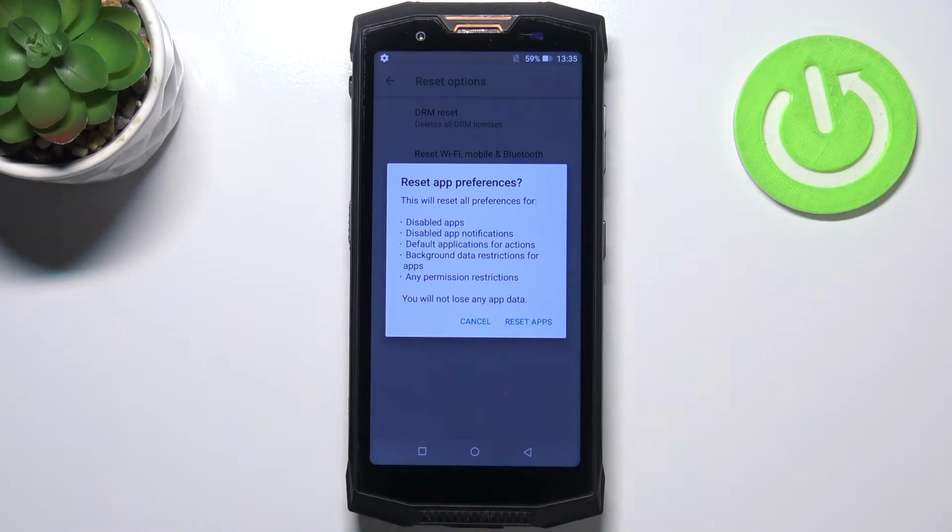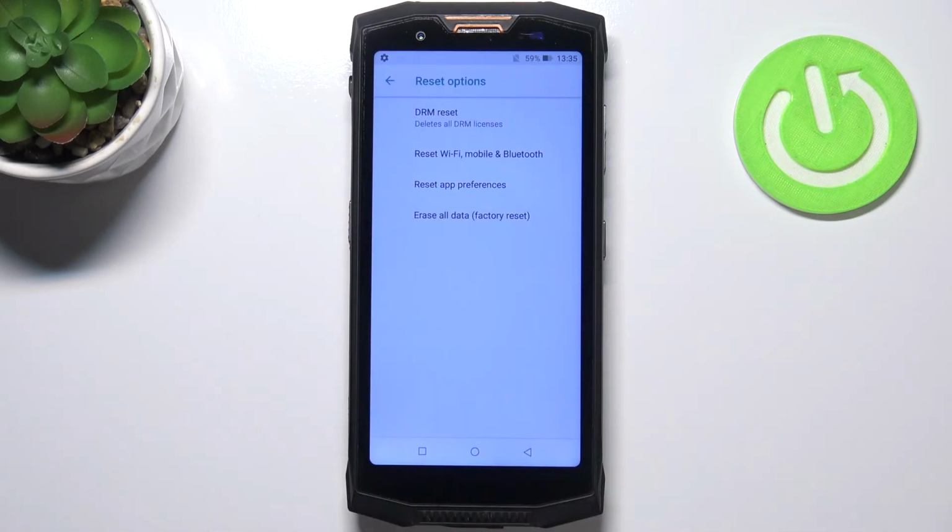preferences for disabled apps, disabled app notifications, default applications for actions, background data restrictions for apps, and any permission restrictions. What's more, no worries, you won't lose any app data, so simply tap on reset apps. And actually we did not receive any information, but trust me, we just successfully reset up preferences in this DOOGEE